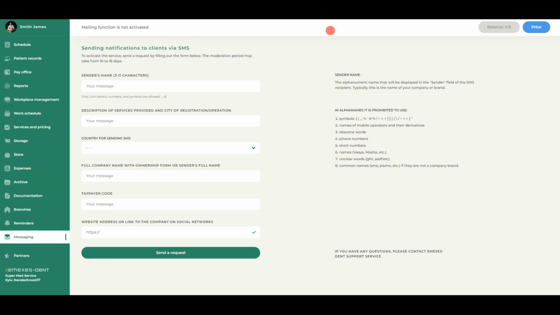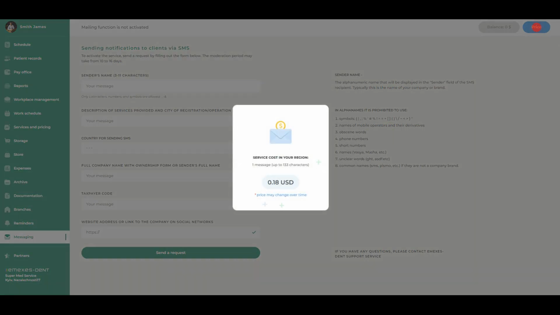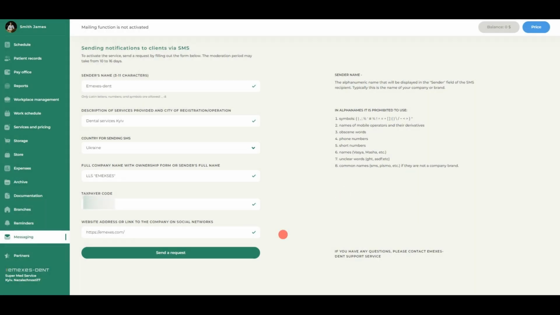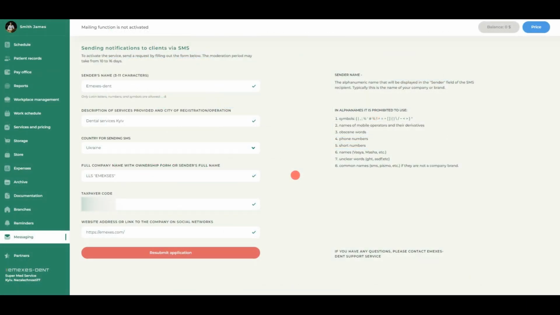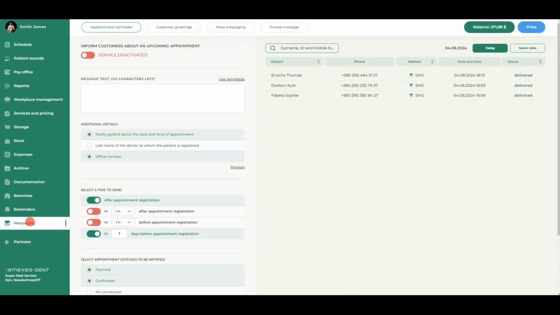We recommend starting with considering the cost of this service, which depends on your location. The price of sending one text message, up to 133 characters, may also change over time. If everything is all right, fill in the application form for the service activation according to your data. Please note that your messaging location must be the same as the location you specified when purchasing the CMS. The moderation period of the application is from 10 to 16 days, after which you will get access to the